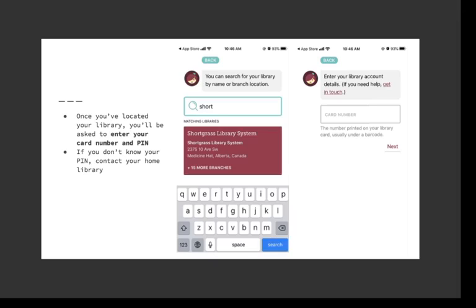And once you've found us, you'll be asked to enter your card barcode and PIN. So card number here. This is a helpful reminder that if you don't know your PIN, you're not familiar, or you don't often use our e-resources, so why would you need to know it, right? Contact your home library, but I would also first recommend trying either the last 4 digits of the phone number that you provided when you signed up for your library card. A lot of people also use their birth year. So try combinations like that first, but then definitely get in touch with your home library and they will happily be able to tell you